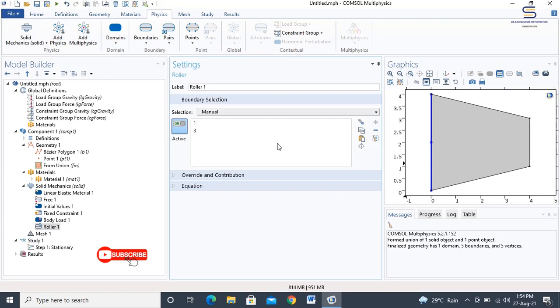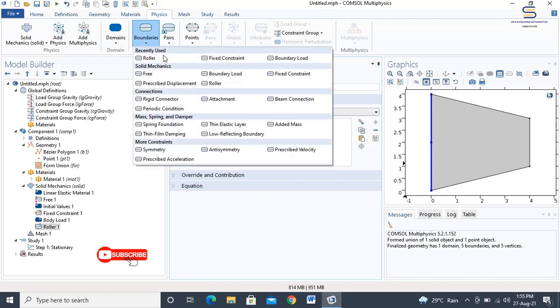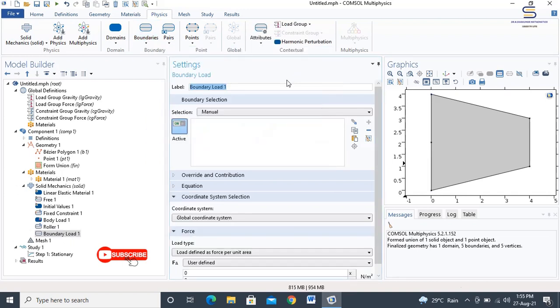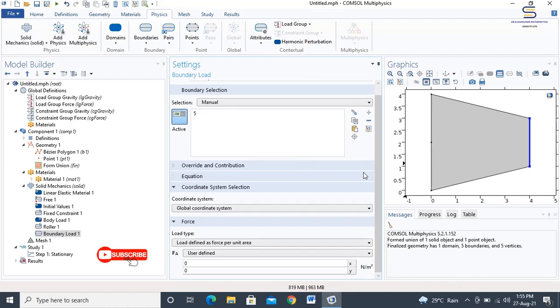Next, the boundary load 1 is added. Choose boundaries and then select boundary load. From this, select boundary 5 only. In the settings window for boundary load, locate the force section. As already told, force section is the last part of any settings window.